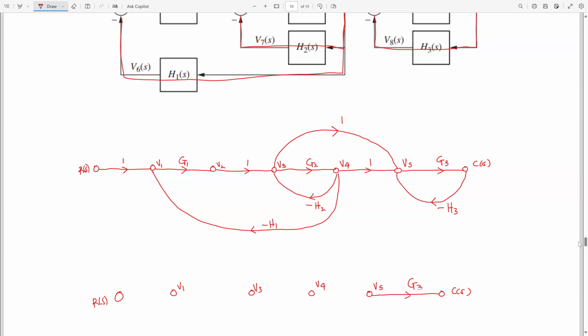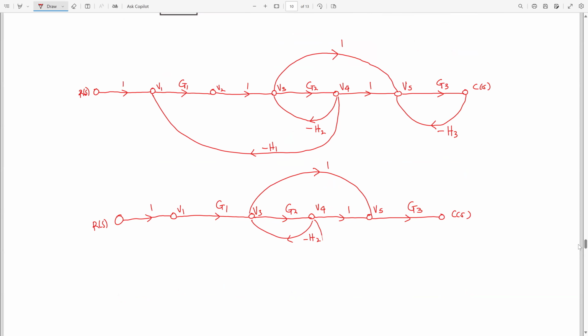and G3, 1, G2, G1, and 1. Then it moves on from V3 to V5, 1. It moves on from V4 to V3 minus H2. Then from V4 it moves on to V1 minus H1. Then from here,